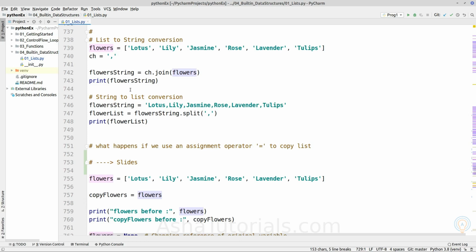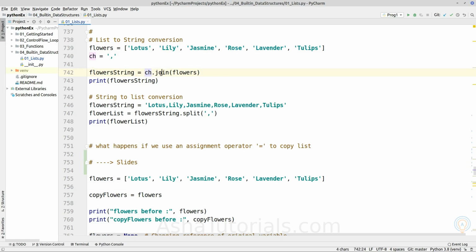Next topic is creating a string out of a list. So we have seen the join function of a string, which takes an iterable as an argument and joins each element of the given iterable of strings using the given separator.